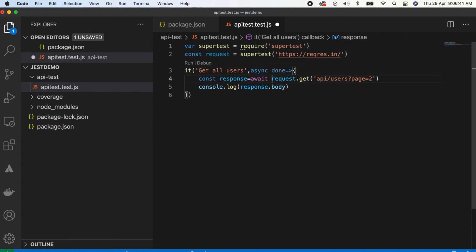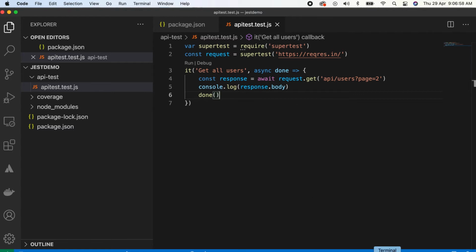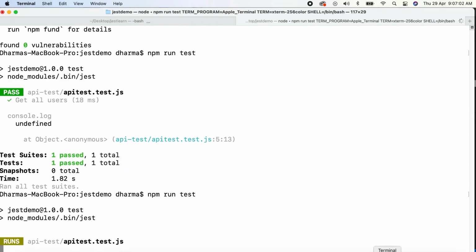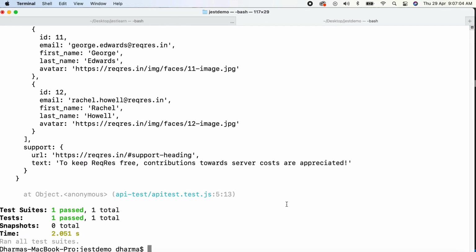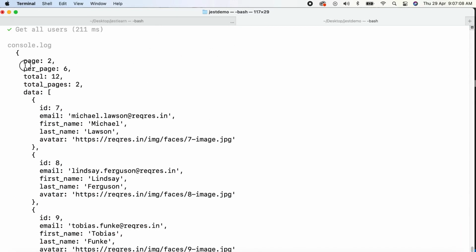Also I will just wait till it runs. Got it? So this is how we can make this API call wait till we get the response. Now if we run, in the console log you can see the response of all the users. Okay, this is how we can do it.